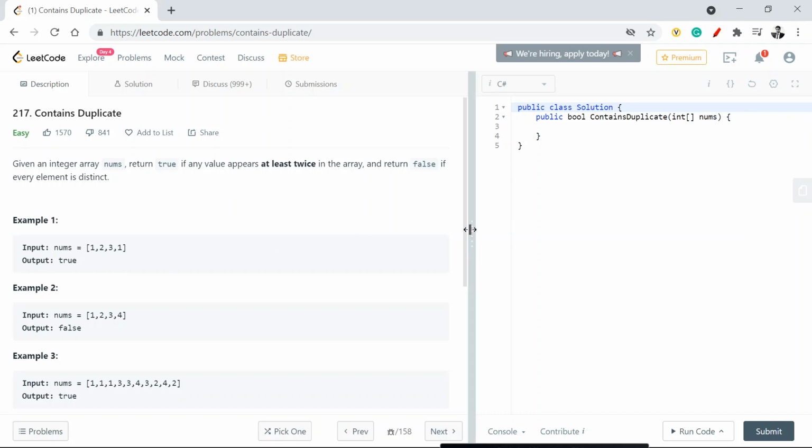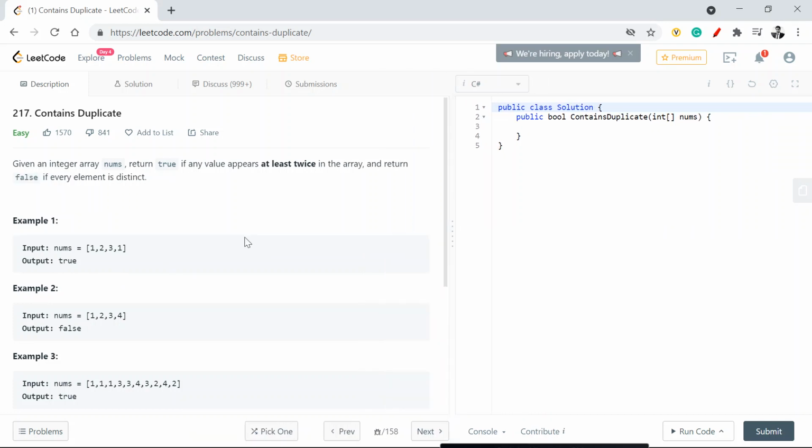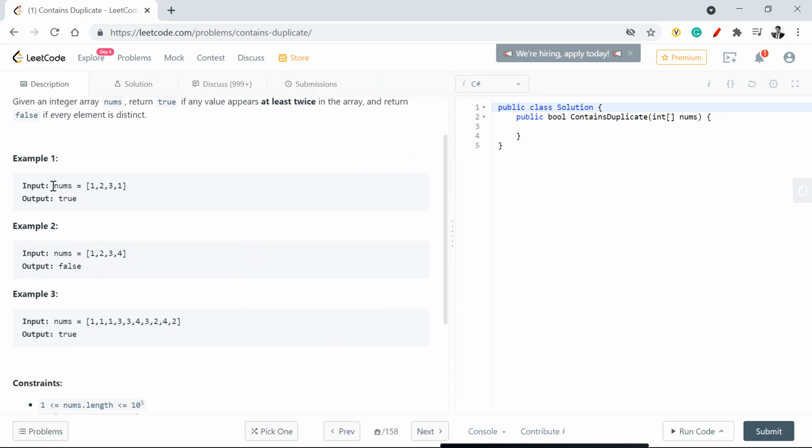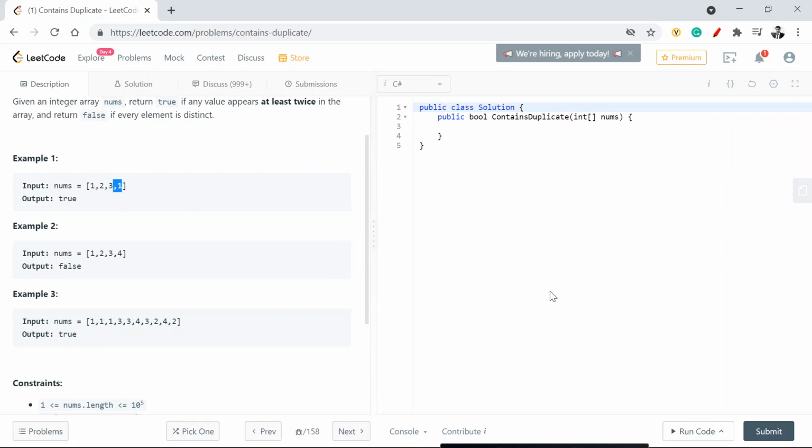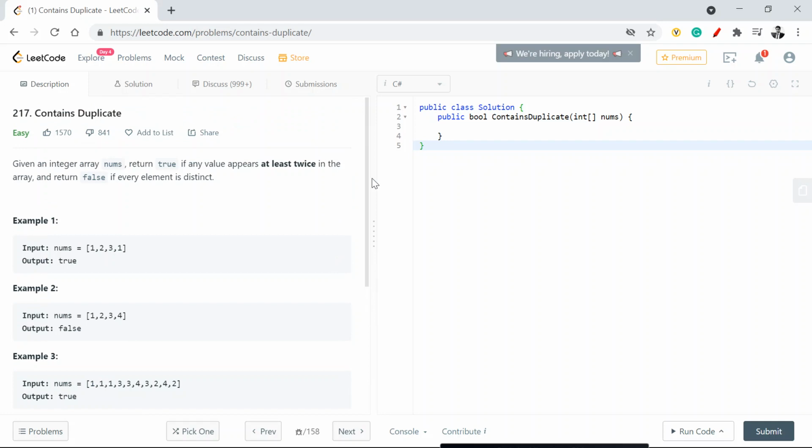Now, the question sounds very simple. We just need to iterate through an array, and always keep a tab on whether a given number is repeated or not. But what data structure are you going to use? Here, we are going to use a data structure called a hashmap, or in C# terms, a dictionary. Now, why a dictionary? Because a dictionary is always going to seek a value in O(1) time.